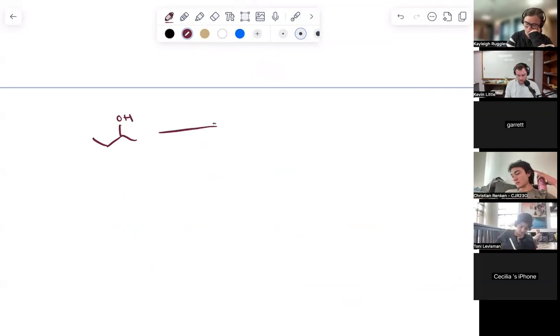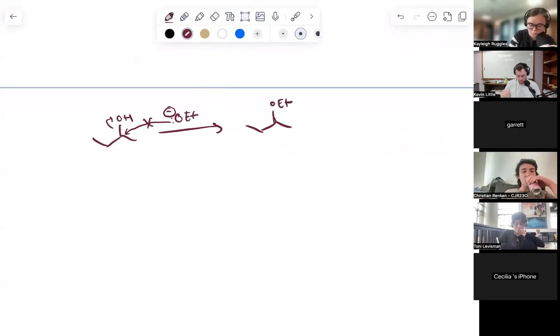So if I just had a nucleophile, this could not do this. Let's say we did it. This is kind of a weird example. The problem is that we formed this negative OH. This is not a good enough leaving group. It is not stable. If we compare that to something like this,